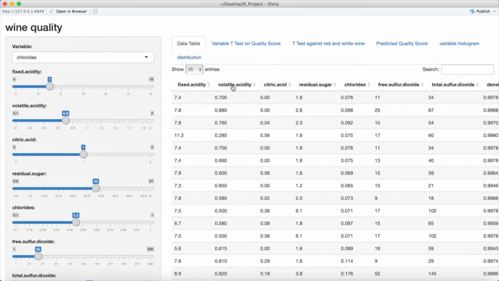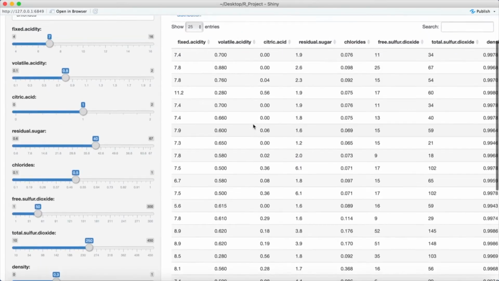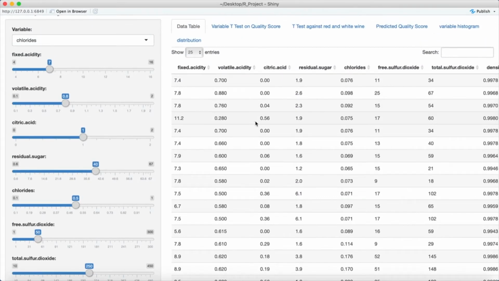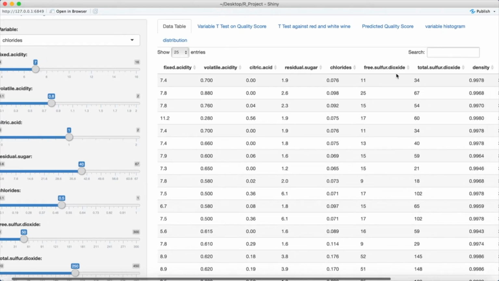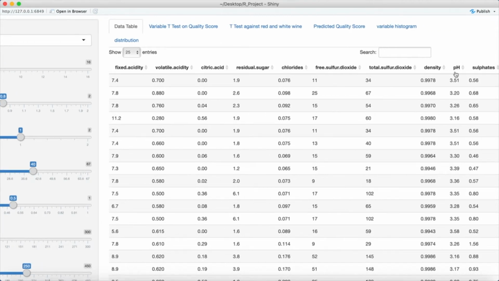The wine quality dataset has 13 attributes and 1599 rows of data. We are showing 25 rows of data per page. The 13 attributes are fixed acidity, volatile acidity, citric acid, residual sugar, chlorides, free sulfur dioxide, total sulfur dioxide, density, the pH of the wine,